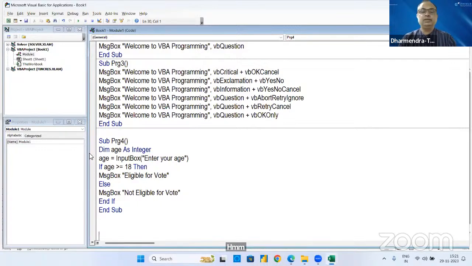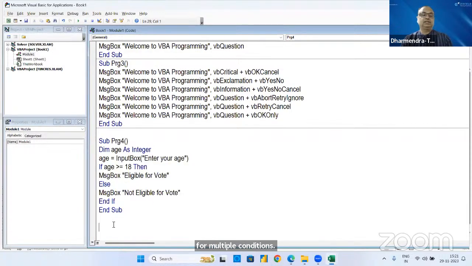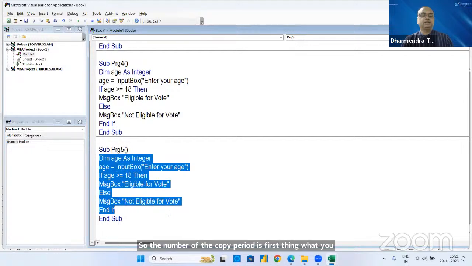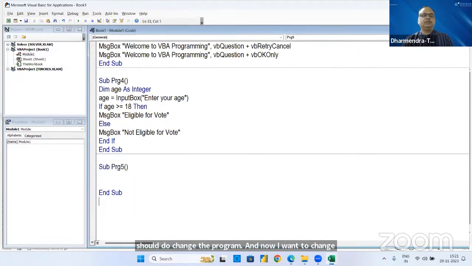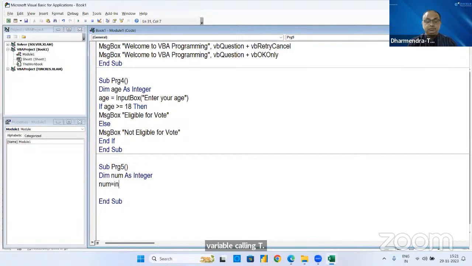So here we have done only one if condition. If the value is this, you do this, otherwise do that. Now, let's see here. We will go for multiple conditions. So I will copy paste this, Control C and Control V here. Whenever you copy paste, first thing you should do is change the program name. And now I want to change this data set also. We can write a fresh program only. So let's see here, Dim num as integer. I want to declare one variable called num as integer, and let's see once again, num equal to InputBox. Here you can write, enter